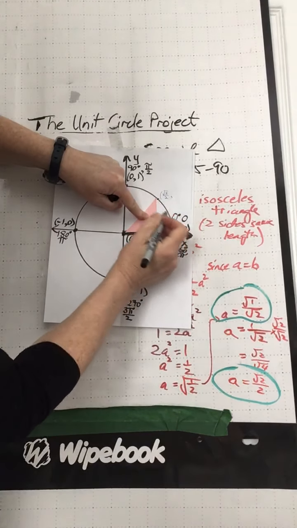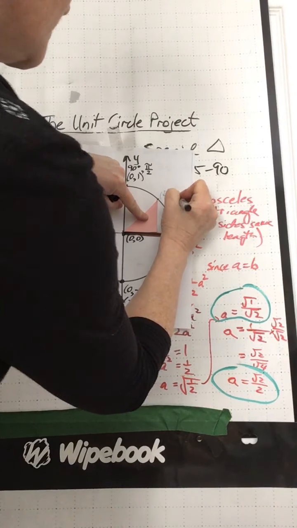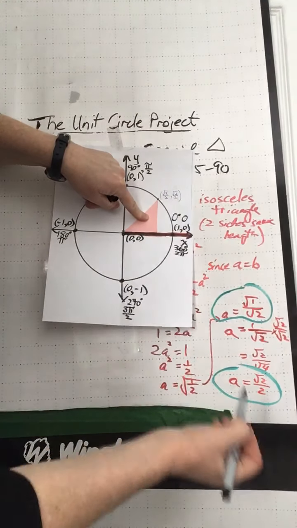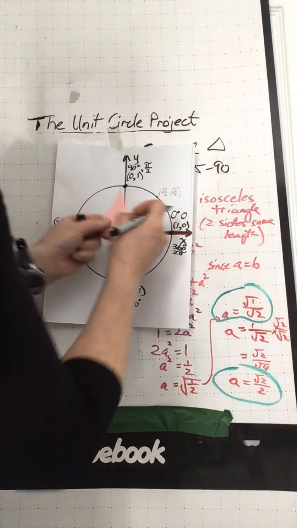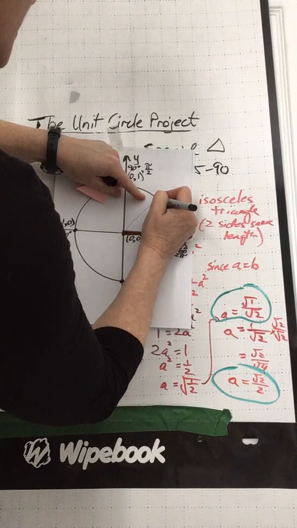And the y-coordinate would be this length, so that's also root 2 over 2. Okay, so we have root 2 over 2, root 2 over 2 for that ordered pair. All right, we can draw that radius on there, and that represents